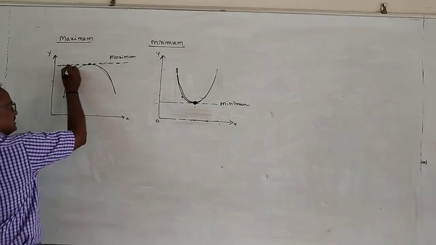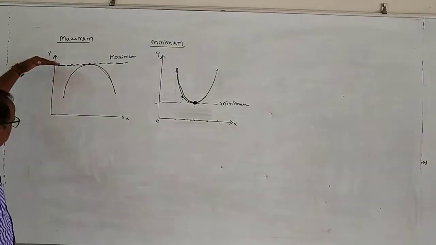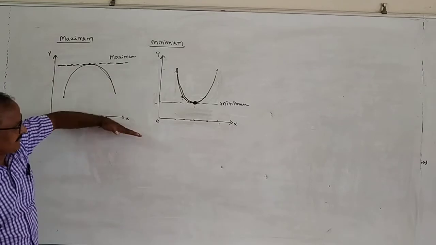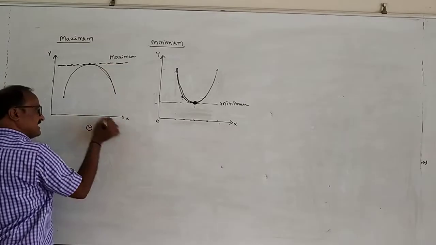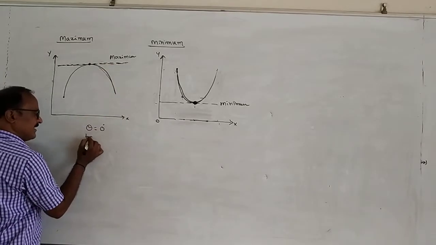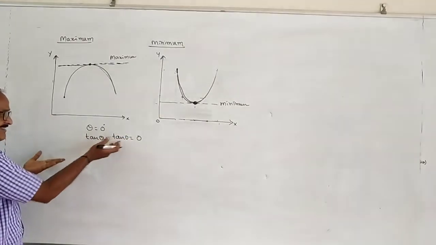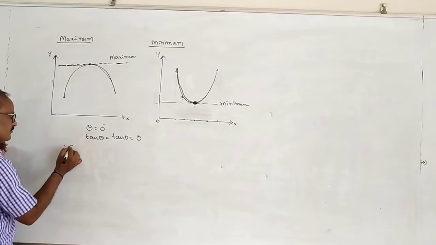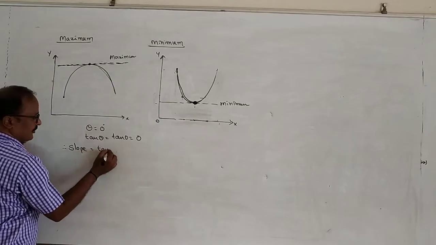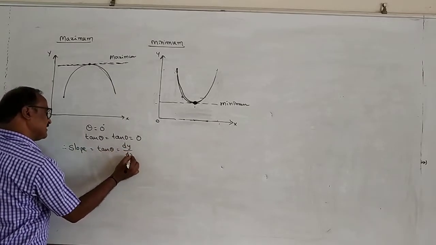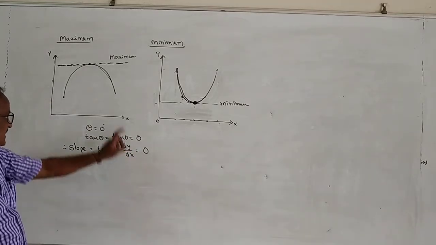Here this is a tangent drawn on the curve at this maximum. Here the tangent becomes a straight line parallel to the x-axis. A straight line parallel to the x-axis means the angle made by the straight line with the x-axis is equal to 0. That's why tan theta is equal to tan 0, which is also equal to 0. Tan theta is nothing but slope. Therefore, the slope of the curve at maxima, slope is equal to tan theta, is also represented by dy by dx is equal to 0. Means the derivative of y with respect to x at the maxima is equal to 0.